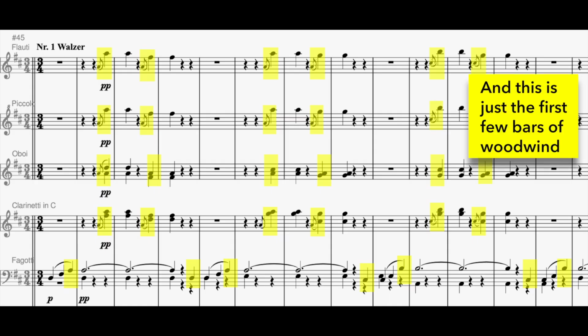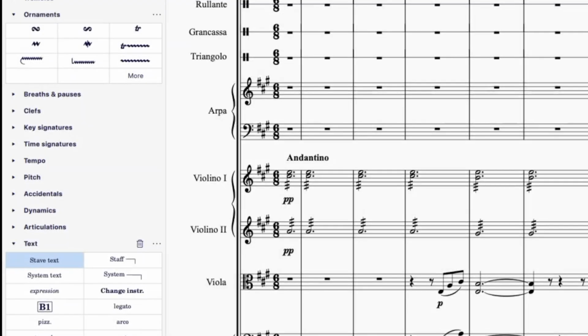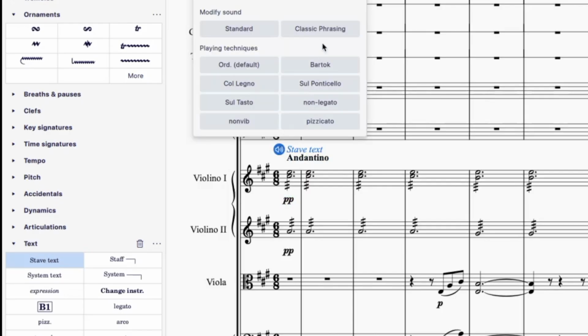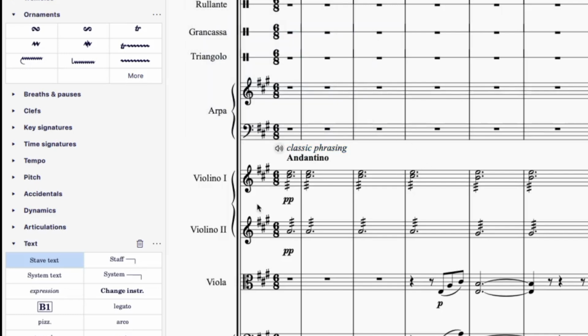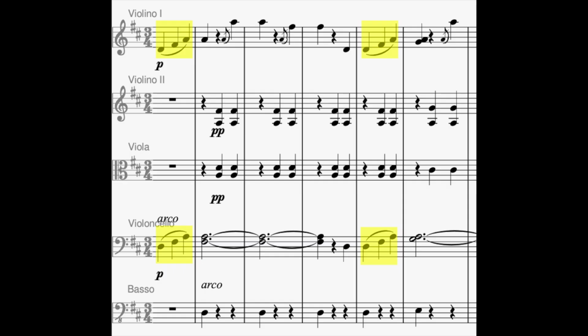If only there were a way to turn off the blur. Hurrah! Muse Sounds has a way to turn off the blur. Classic phrasing, which means it will interpret slurs as legato and not play legato everywhere else. But it's not available for lots of instruments, not for any of the woodwind, for example. And it's broken. Here's the beginning of the strings for the big theme with the slurs highlighted and now with the repeated notes highlighted. You see how often one of the two repeated notes is under a slur? Proper phrasing would make breaks because the other note isn't.